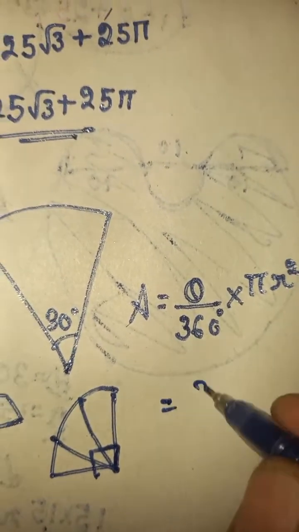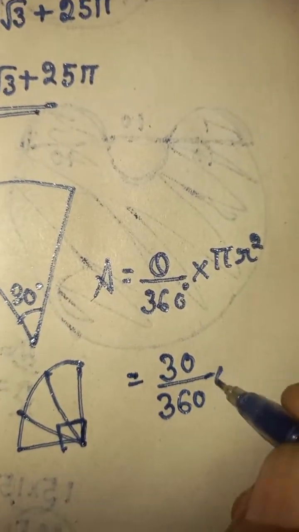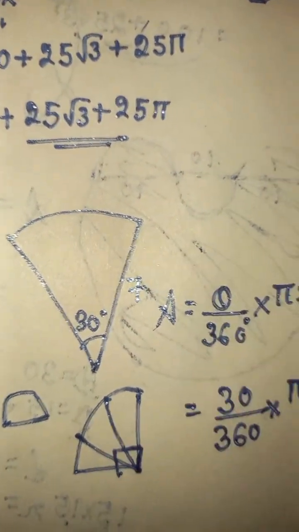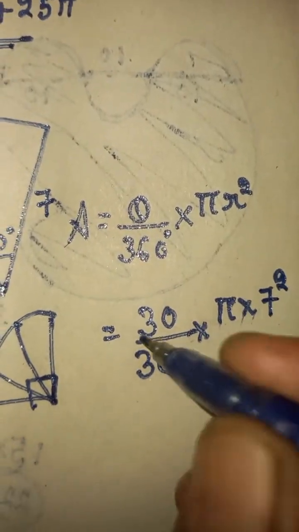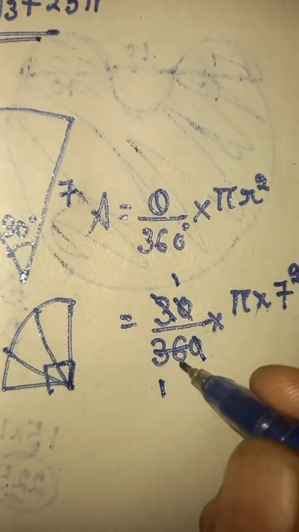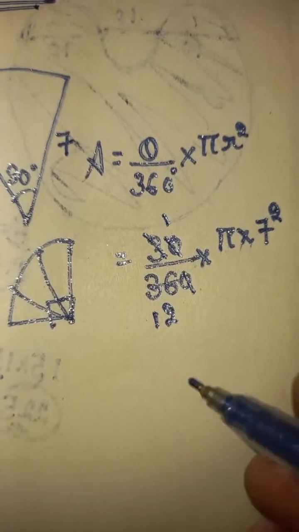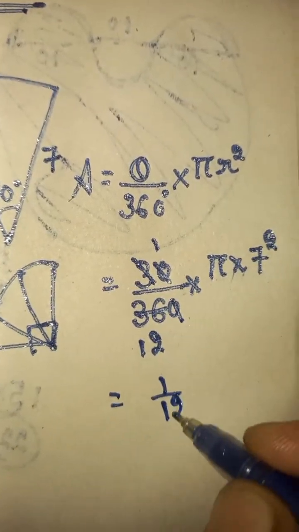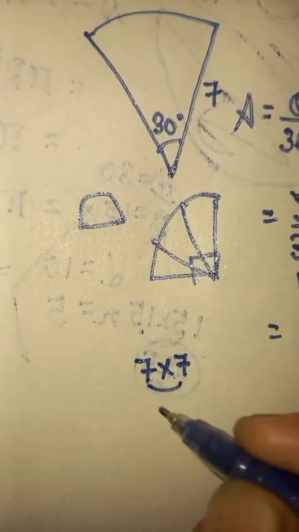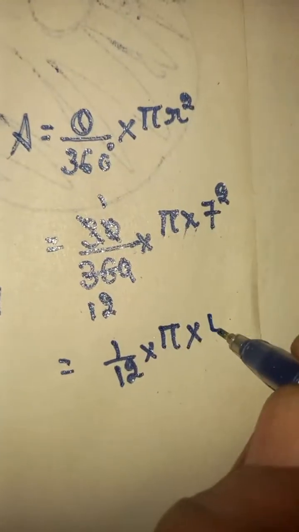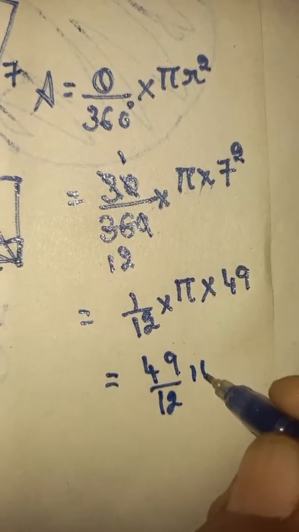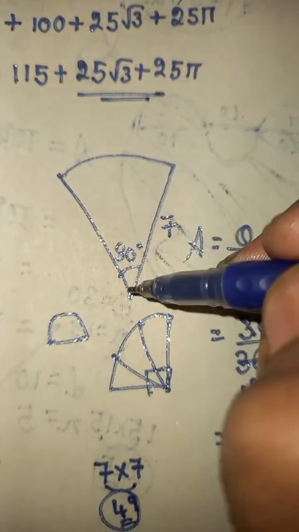So it is going to become 30 by 360 times pi times r squared, where the radius here is given as 7 units, 7 squared. Now cancel 0 with 0. 3 1 times 3, 3 2 times is 6. It becomes equal to 1 by 12 times pi times 7 squared, which means 7 times 7, which is 49. So this is 49. You are going to get 49 by 12 pi square units as the area of this small pizza-shaped